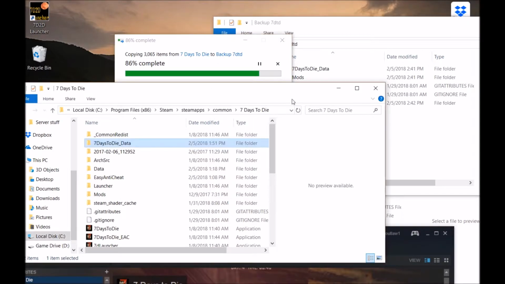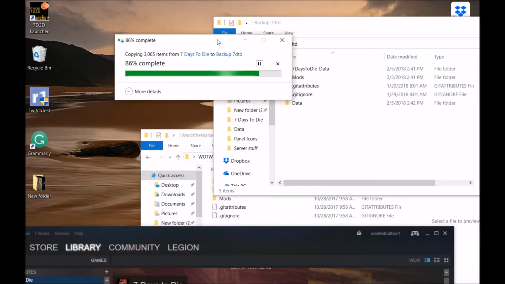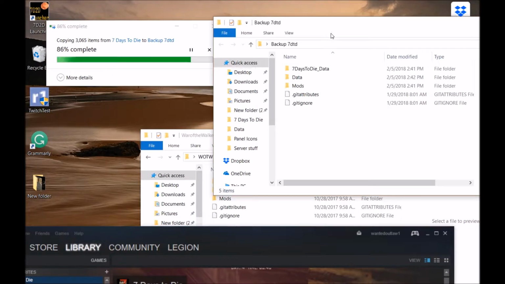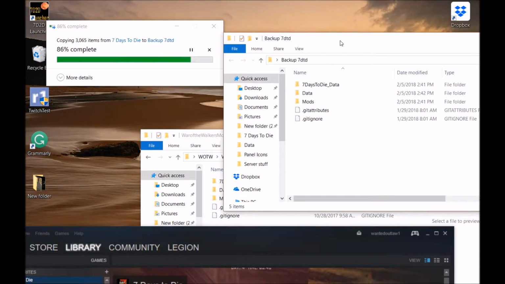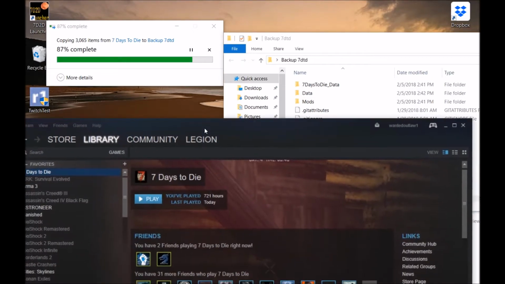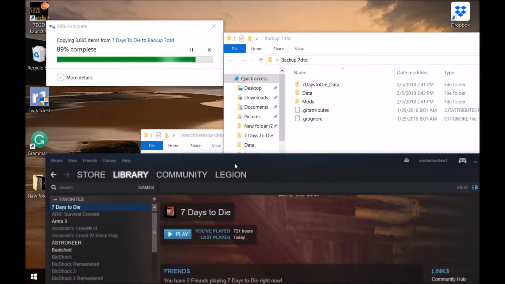For me, it will not, because I am using an SSD hard drive. I actually have two of them. They're set up in a RAID format, so they quickly upload the same amount of data to the same area at a quicker speed. So it's very useful to have RAID formats on your computer. Anyways, as that's finishing up its copy and paste,